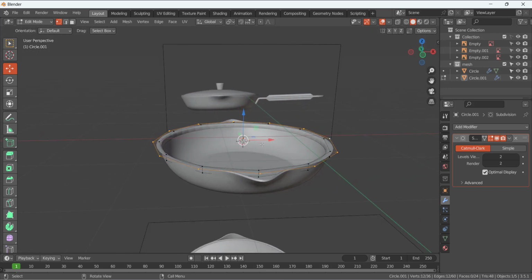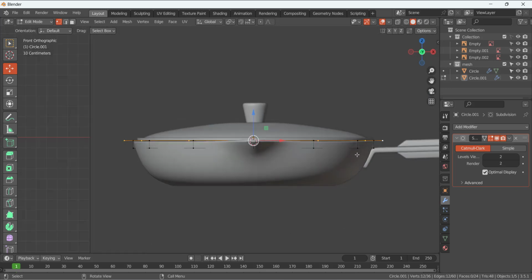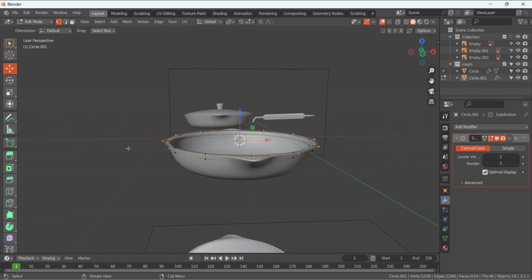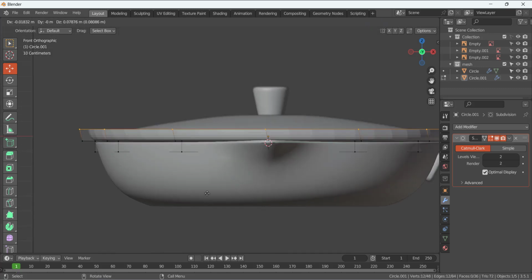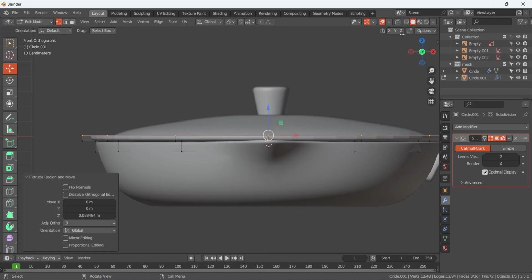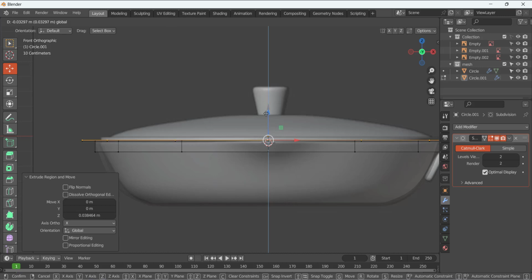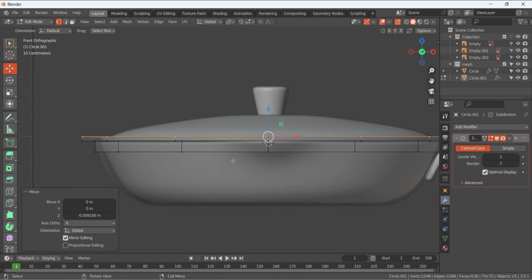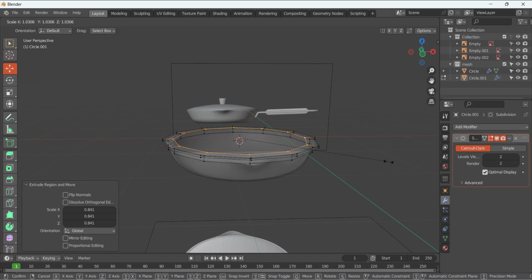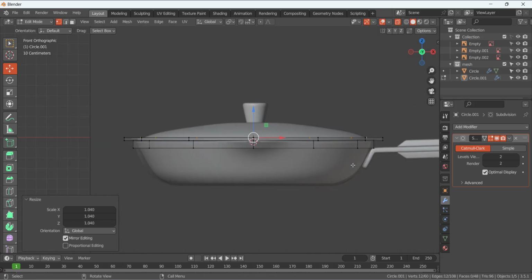So we selected this top one. Press 1 so you are in the front view, and here you can see its shape. Okay, press 1, E to extrude in the Z direction like that till this point, till this point, and then again E and S to scale it like that till this point, S to scale it like that. Press 1, and now E to extrude in the Z direction at this point, and S to